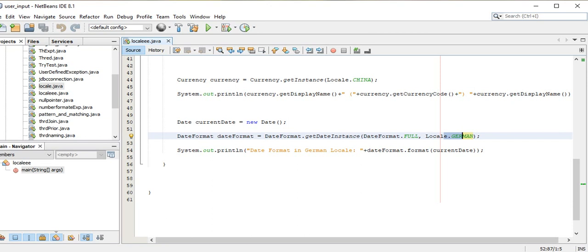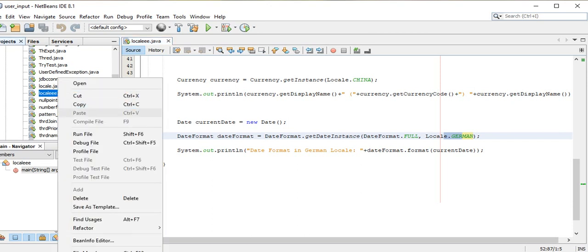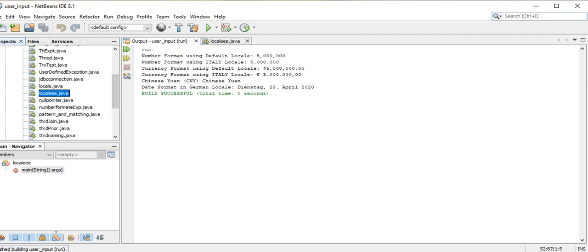Let's run that particular program and see the result. Here you can see the number format in the default locale is like that. The locale we are in over here is India, so the default locale is like that. According to Italy, if the JVM understands the Italian localization and is situated in the Italy domain, then the format of that particular number will be like that. The default currency format for Italy will be this one. And the default currency format according to our locale is dollar.